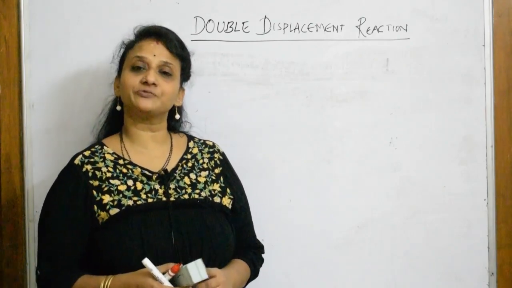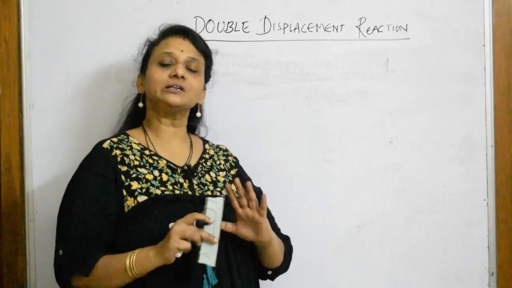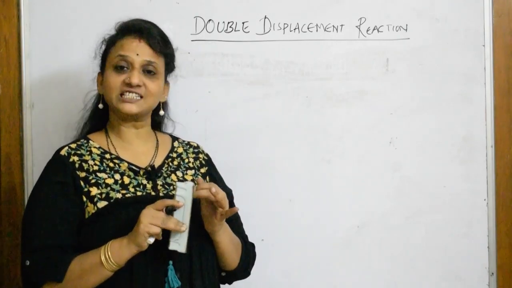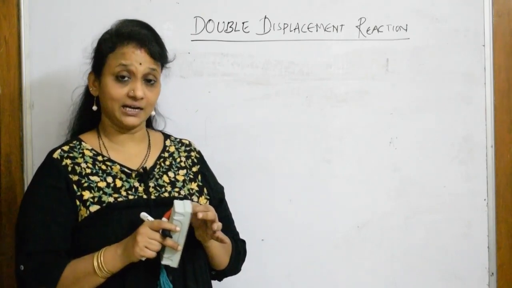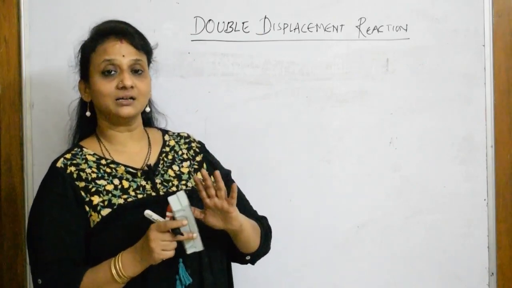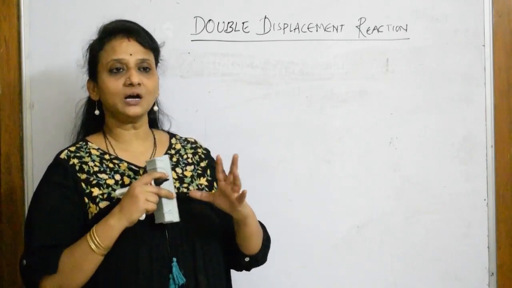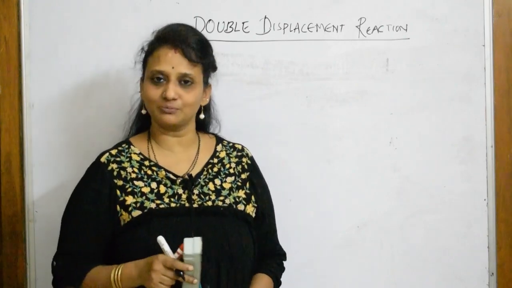Right, today the topic of discussion is nothing but double displacement reaction. Whenever you're learning a reaction, you should know the definition, the general statement, and the reaction, that is the example. Most important of all, you should know what the color changes are and what the precipitates are. Basically, you have to analyze from 360 degrees, then only you will get full marks, right?